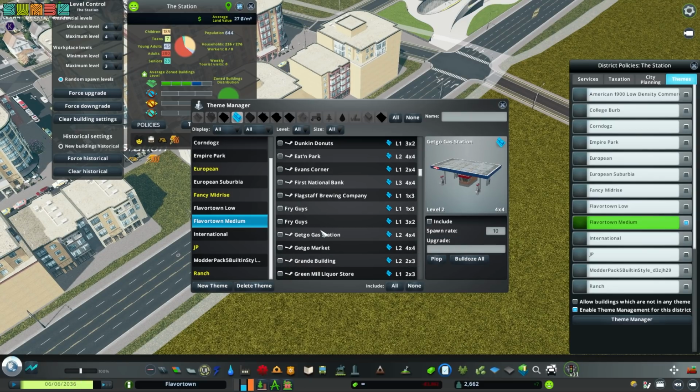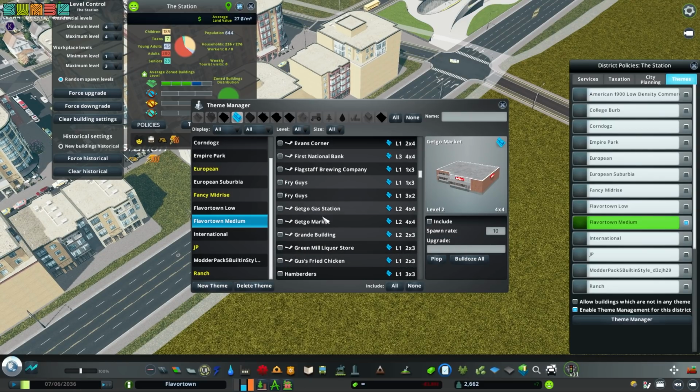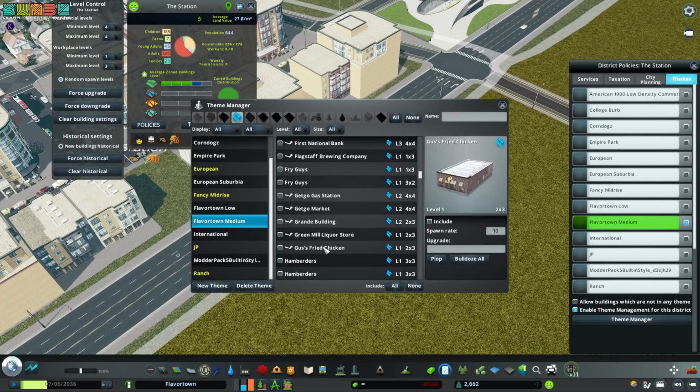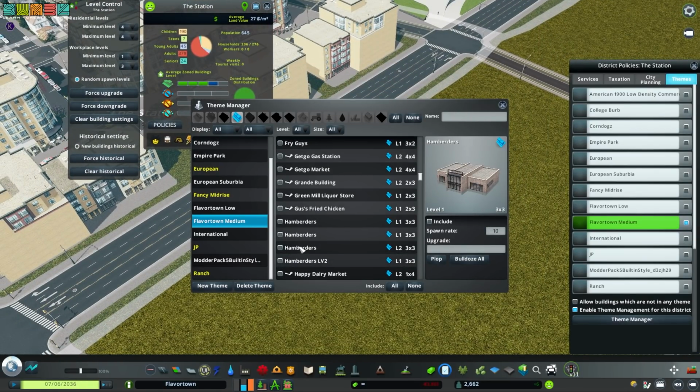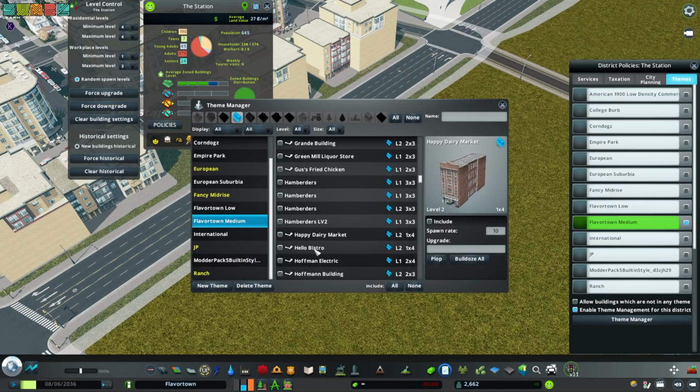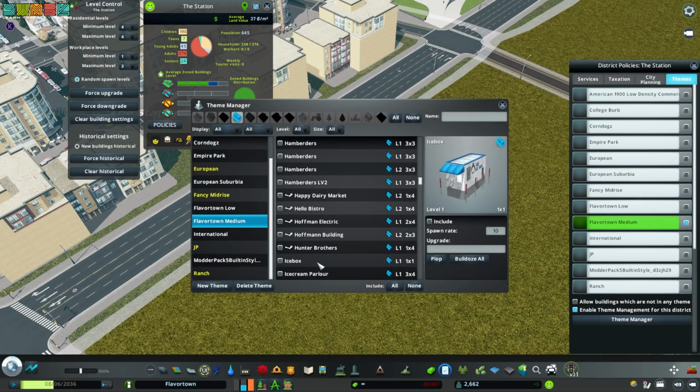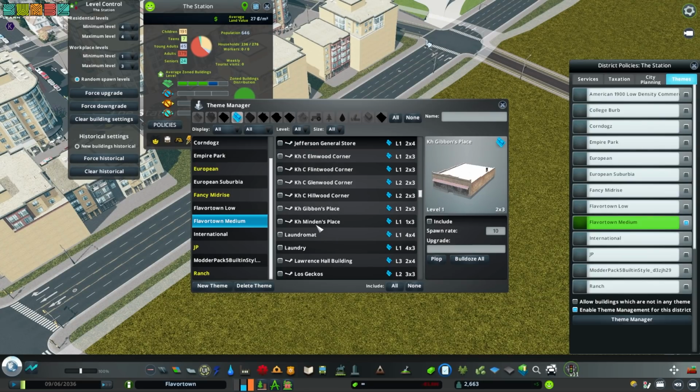If anyone knows, I've tried to research this, but high-density commercial versus low-density commercial, I think that pedestrians will go and shop at low-density commercial if we put it there. I don't think they care. As far as I can tell, it's just how many people get employed. But I could be wrong. I'm also going to end up setting up